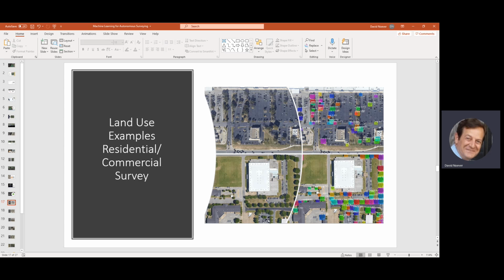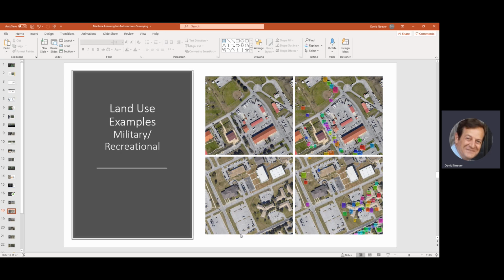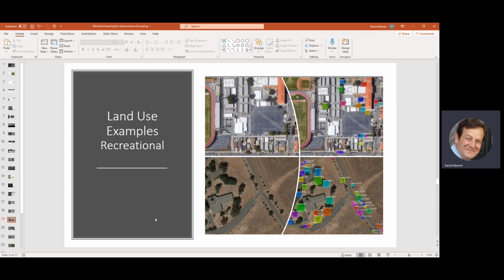Here's a more commercial space as well. There's a military base where you see, unlike the random order that you might see in a natural forest, everything is along the street line, and that also is an interesting use case. In a military or recreational sense, here's a base. I think this is in Louisiana. And again, you've got a lot of different background colors here, and you're able to pick off this dense area of trees. And more of the same, this is a closer view,